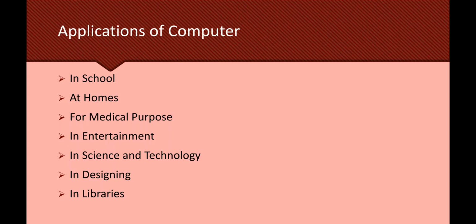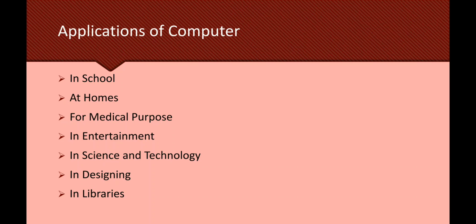The next one is medical purposes. In the medical area, the computer is essential in the labs and hospitals. Some of the uses are listed, showing how useful it is: maintaining details of the patients. When we go to the hospital, we take a printed receipt showing that we have registered there. This can be done by the computer system. Storing treatment details of the patients, testing samples, right? Many operations are performed with the help of the computer.